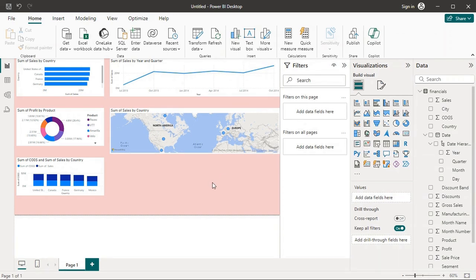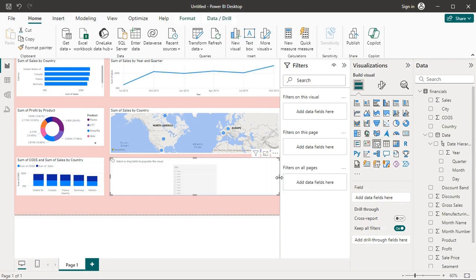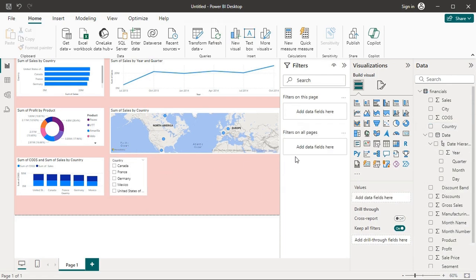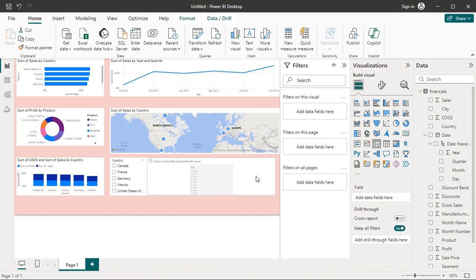Now we add the slicer for filtering our dashboard. To add a slicer, click on the slicer icon and select the country. We add one more slicer for city.